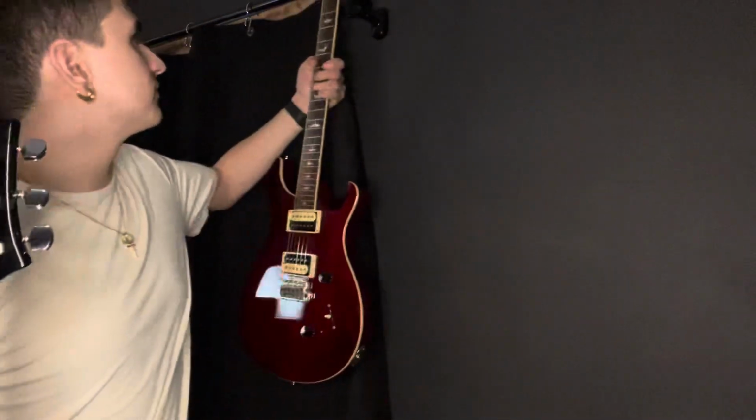It's a black headstock. I think for this design, the black headstock looks really good, especially with the black on the back, whereas this is red all the way through. So it really makes sense to put the red on the top of the headstock. However,